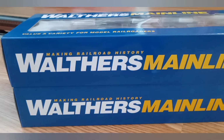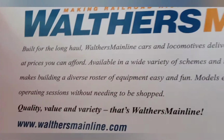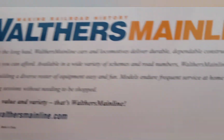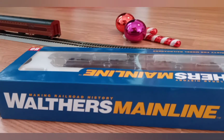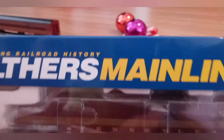I've done decoder installs myself and decoder swaps, so these are pretty good and pretty easy to work with, especially with diesels. But the problem with diesels is that they don't have a lot of space in them compared to steam engines. Steam engines usually have the motor drive inside the locomotive, and they don't have to share space with a decoder. For diesels,